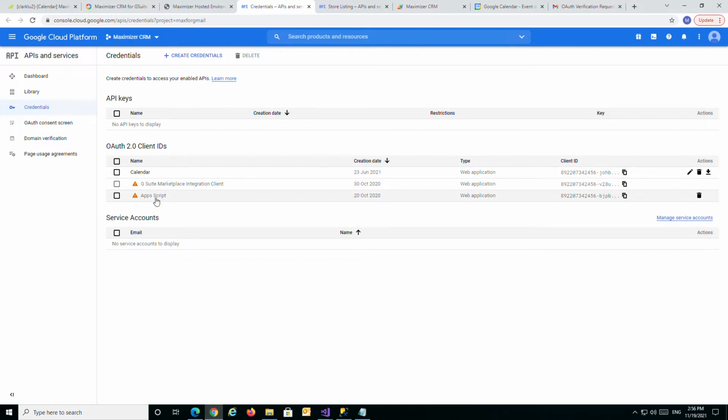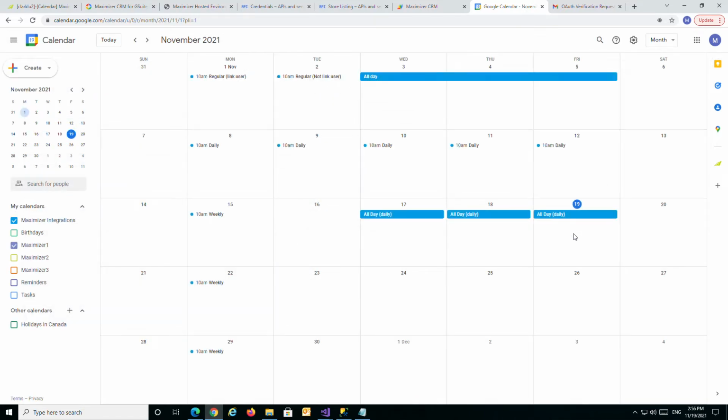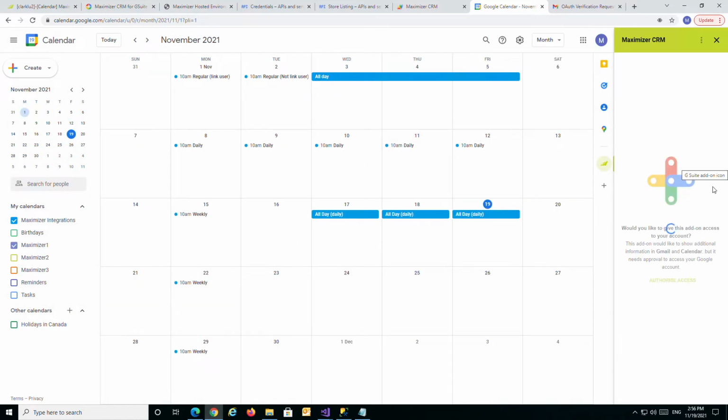Then let me introduce another client. This is the client for Apps Script, so this one should be used by Apps Script or the add-on itself. Let me go to Google Calendar to launch the add-on. If you click this icon to launch the Maximizer CRM add-on and click the Authorize Access link,